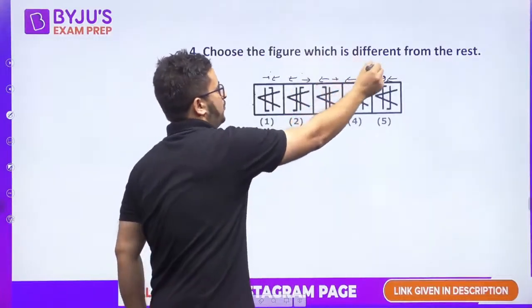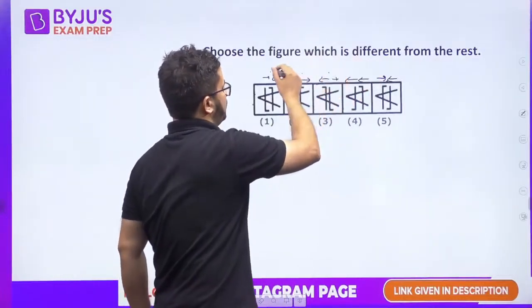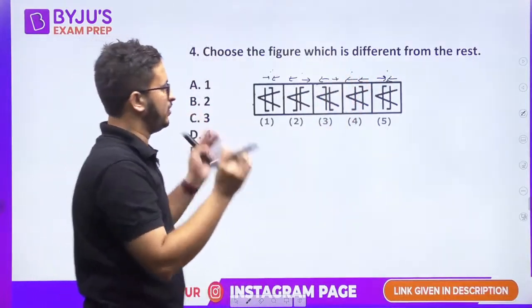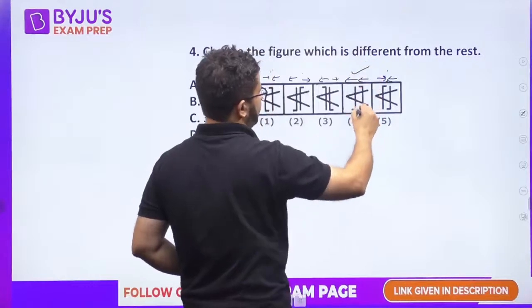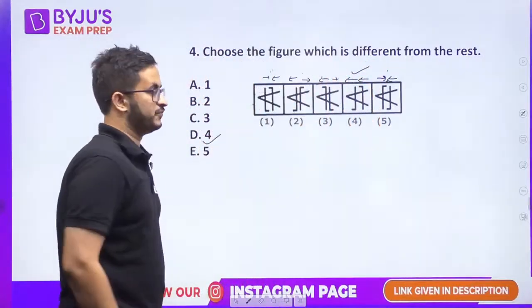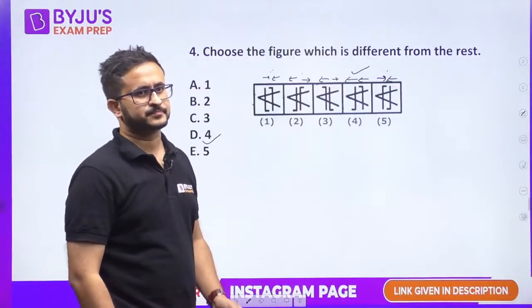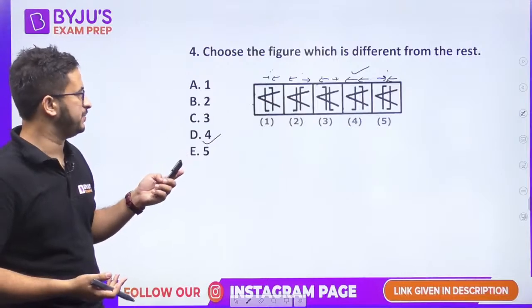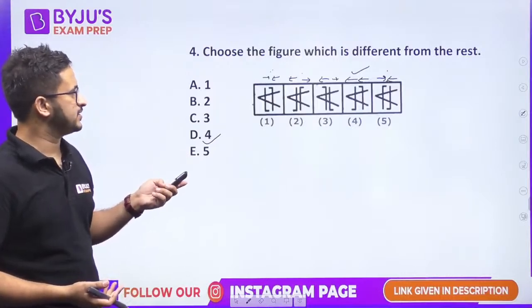Look at these two: outside, both are facing out; both are facing in, but they are in the same direction, either both inside or both outside. In this case both are facing towards the left side, so that is the odd one out of these images. So you need to check each and every element and you will be able to get the answers.